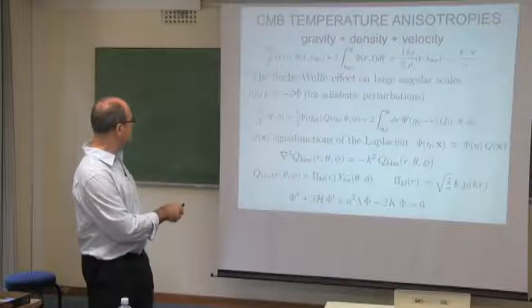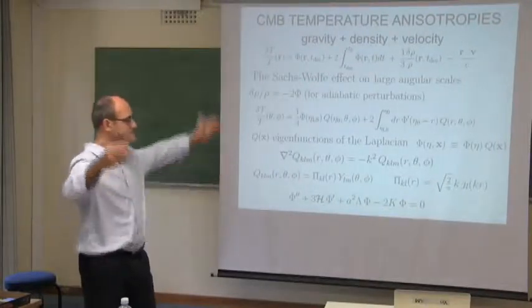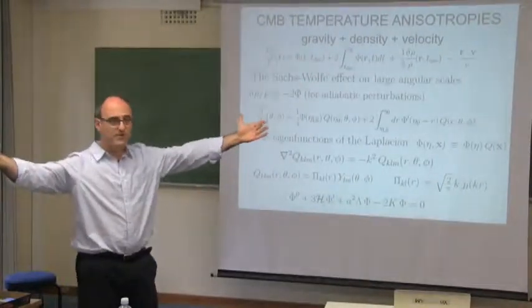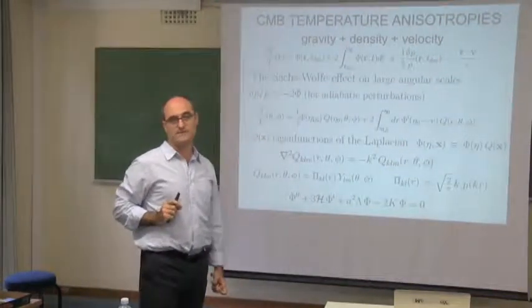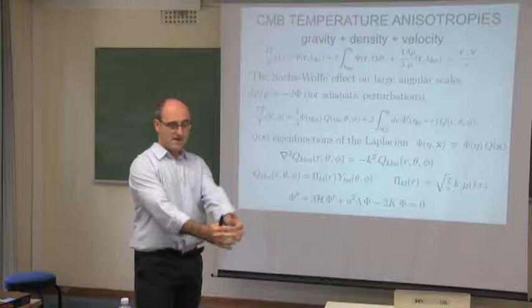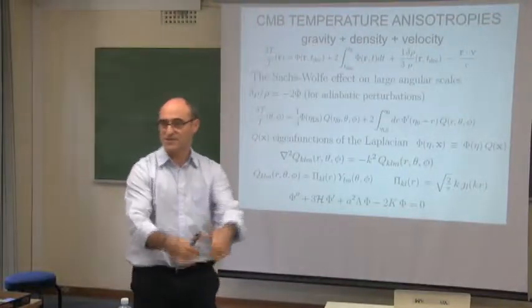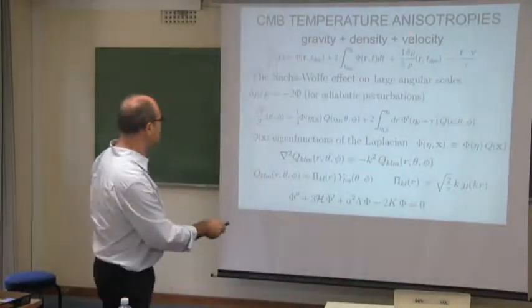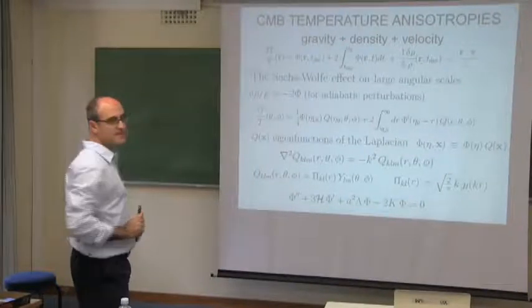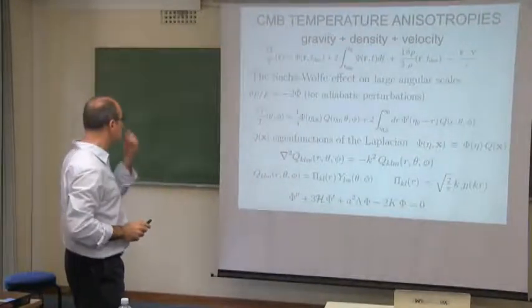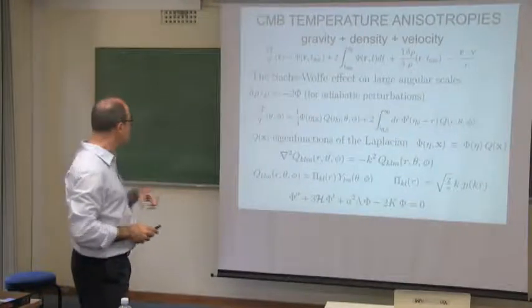You will always have gravity effects along all scales, but they're certainly dominant on the very large scales, before the density and the velocity contributions are relevant. On very small scales, baryons go through acoustic oscillations, and they are inducing these fluctuations that I was describing on Tuesday. But on large scales, these are the dominant ones. These are called the Sachs-Wolfe effect, and we were describing this the other day.